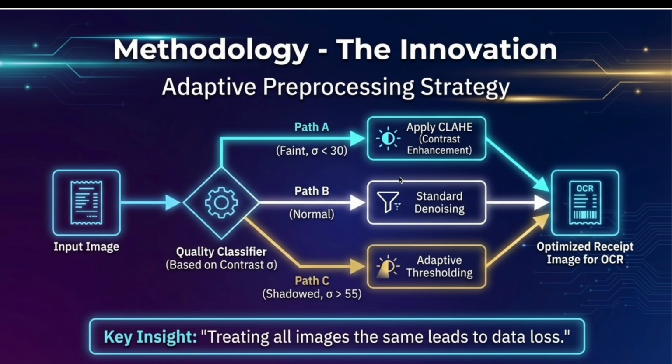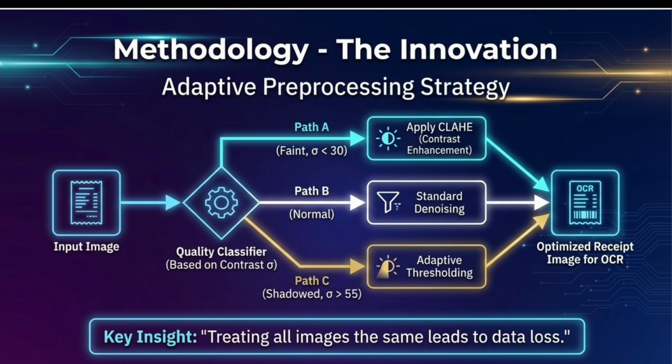Here is my first approach: adaptive preprocessing based on image quality. Instead of applying the same enhancements to every receipt, I first analyze the image standard deviation, which measures contrast, and classify it into one of three categories. Path A handles faint receipts with low contrast, where standard deviation is below 30. These represent 29% of our training set. They get gentle contrast enhancement to recover faded ink without